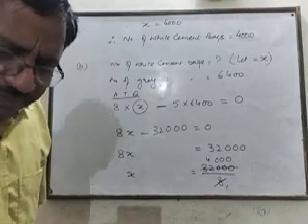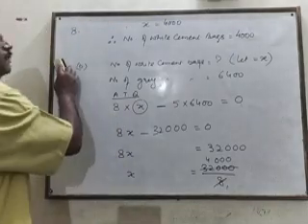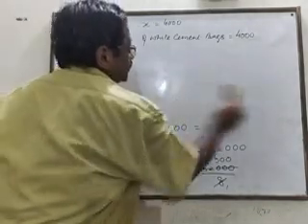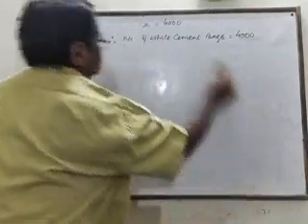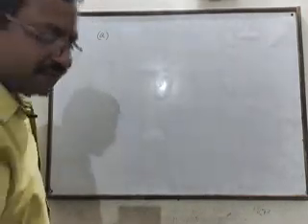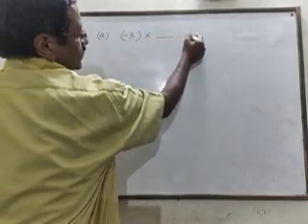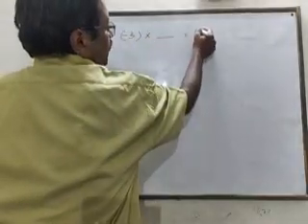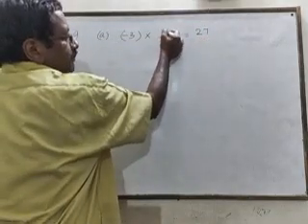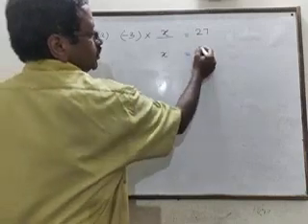Then question number 9 is there, replace the blank with an integer. So at the place of blank, you can put x and then find x, that will be your answer. For example, question number 9, A part: -3 multiply blank equal to 27. So put x at the place of blank. So x we need to find out, 27.